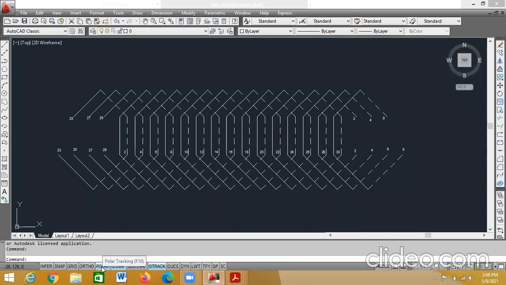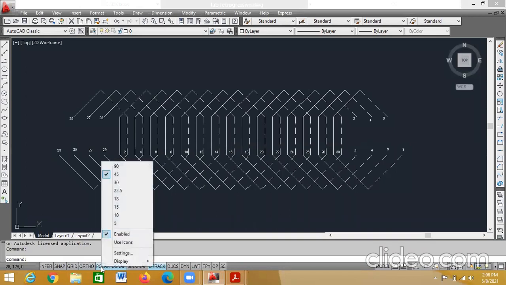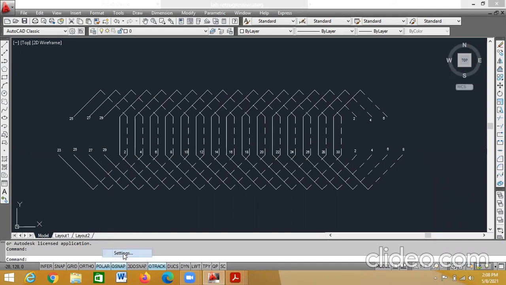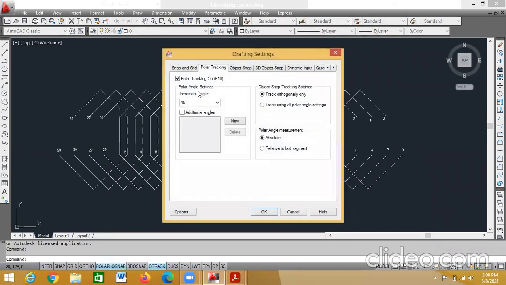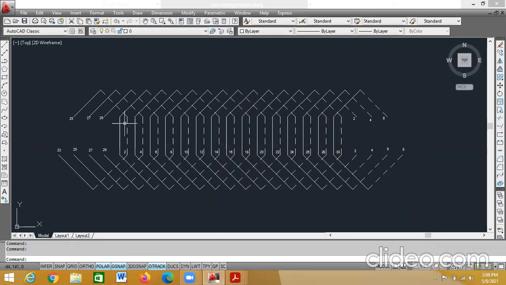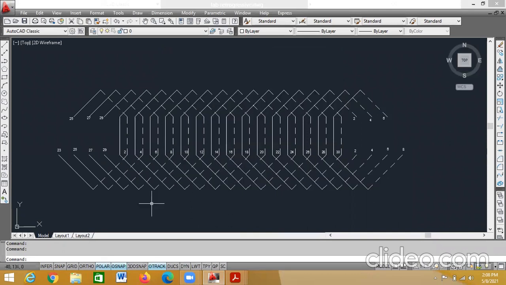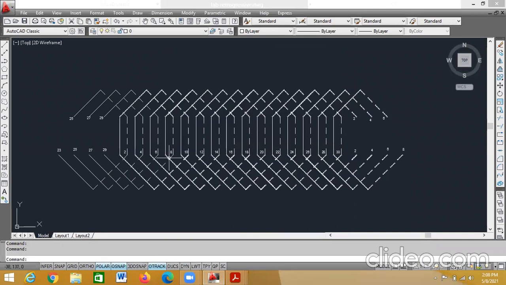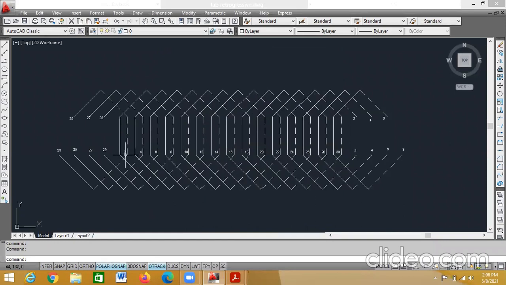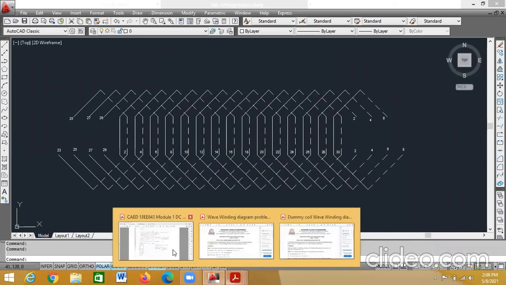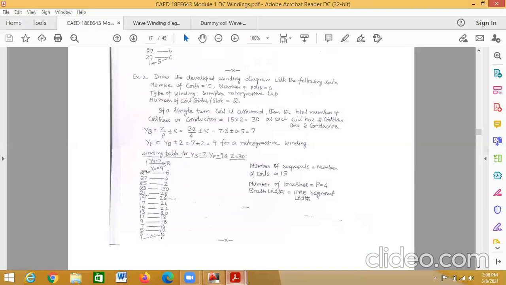In the polar, we checked whether the angle is 45 degree; in the settings, the incremental angle should be 45 degree. Then we did the first connection, 1 connected to 8. Similarly, the first YF connection, we took as 10 connected to 1.